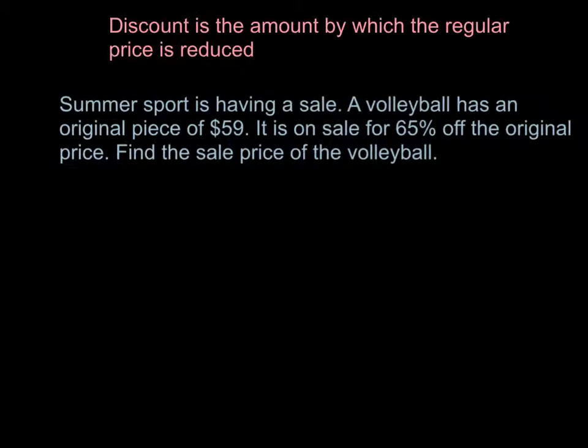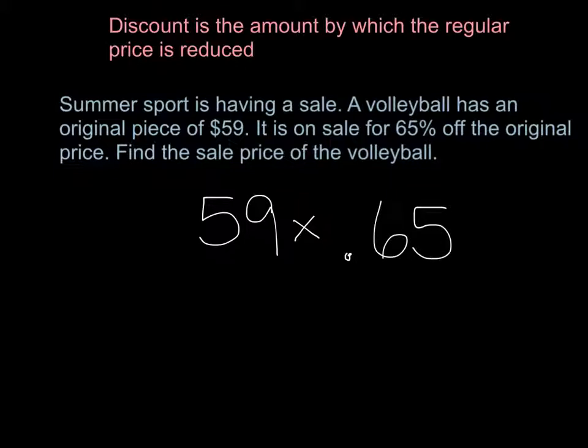Discount is the amount by which the regular price is reduced. So sometimes we hear things that say that an item is 50% off or 75% off, and we have to calculate that. So here's an example that says, Summer Sport is having a sale. A volleyball has an original price of $59. It is on sale for 65% off the original price. Find the sale price. So the first thing you can do is you can take the price and multiply it by the percent, the 0.65 as a decimal, which will give you